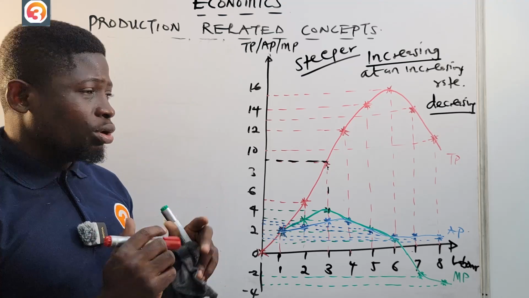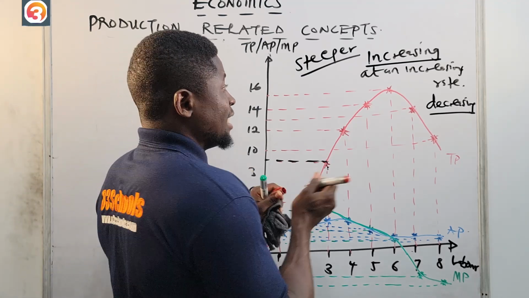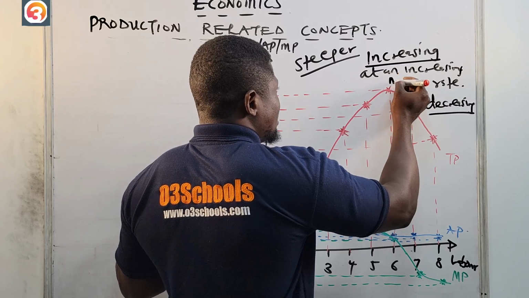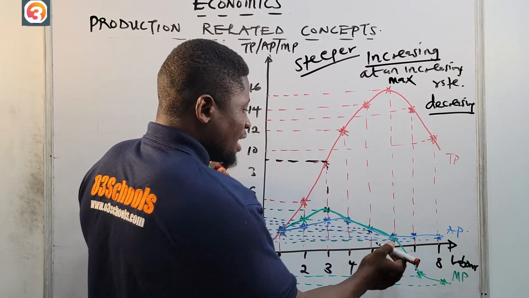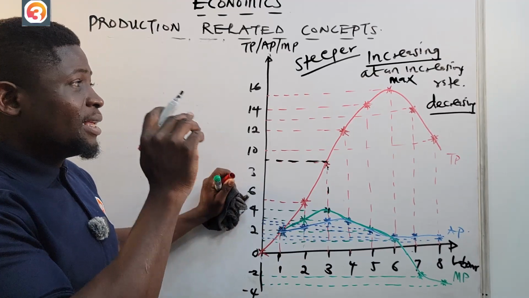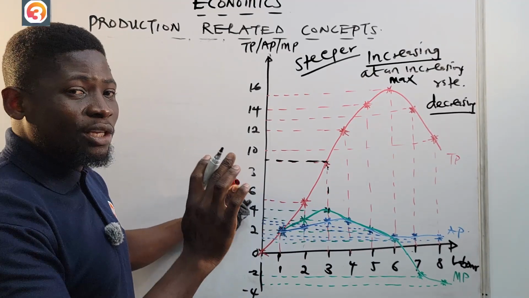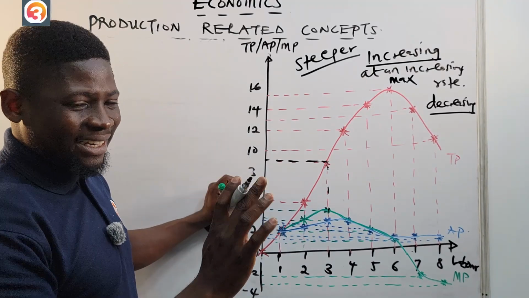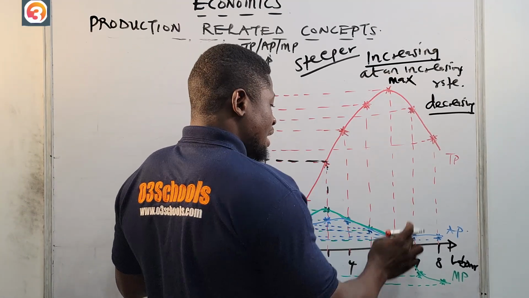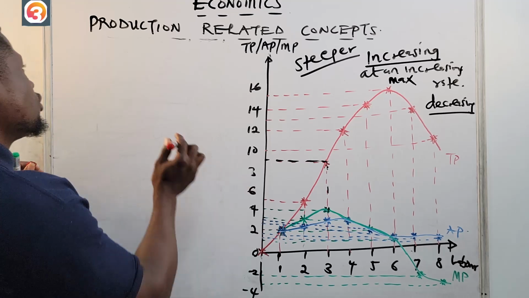But by the book, you should note that when TP is at maximum, MP is 0. Take note, when TP is maximum, MP is 0, and decreasing. Take note of that. When TP is maximum, MP is 0. Okay, so number 1,